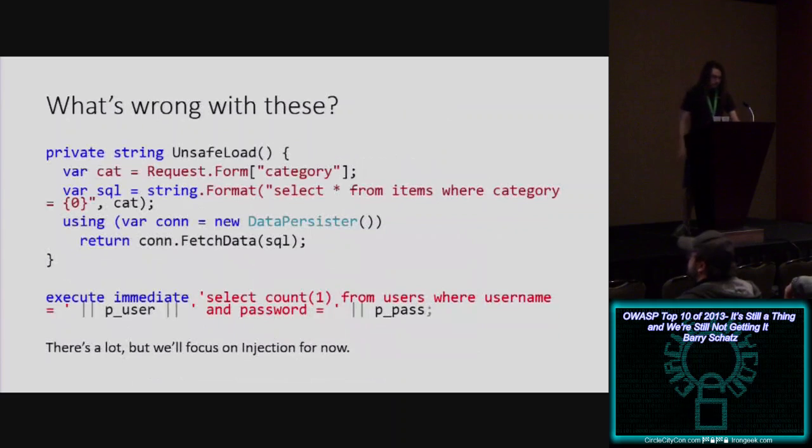Here's a couple examples. First one, written in C#. I know, but it looks close enough to C++. It'll be fine. This is a classic example of a SQL injection point. We're taking raw text off of a request from a user, unvalidated, and sticking it straight into the SQL query and sending that off to the database. The implementation of the data persister class is beyond the scope of this talk, partly because it doesn't exist.